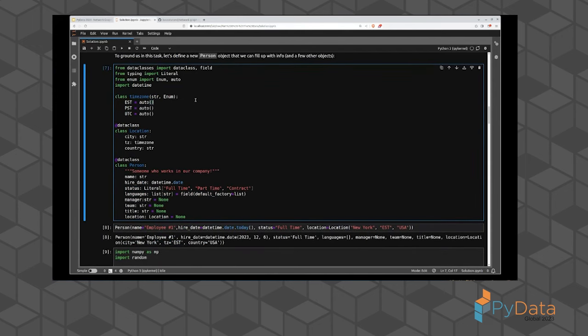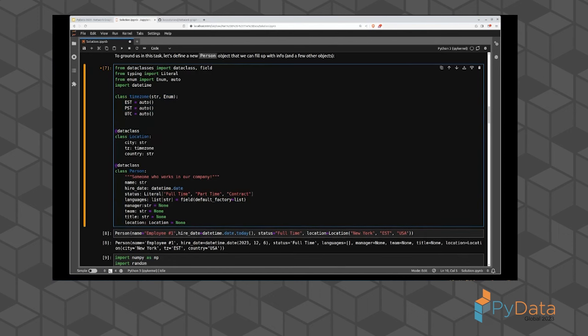So here we're saying this is information we want to generate for every person. We'll have a time zone. So here's an enumeration for a time zone. In this case, there's only 3. So feel free to add some more in. The format here is we can just add